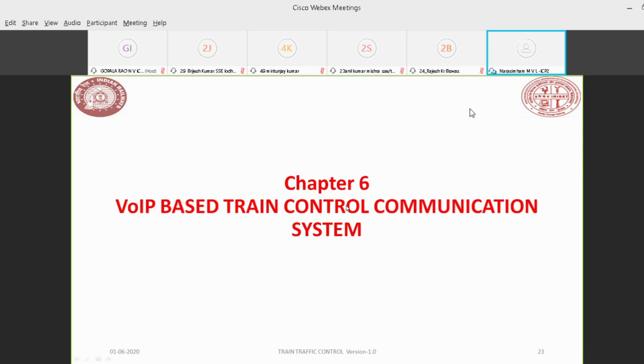Next, we will go to VoIP based control communication system. So already we have discussed 4 control communication systems. One is loaded control cable, loaded quad cable with conventional amplifier system. Second one is unloaded quad cable with equalizer amplifier system. These are the systems with 6 quad cable. Through OFC, we are having conventional.